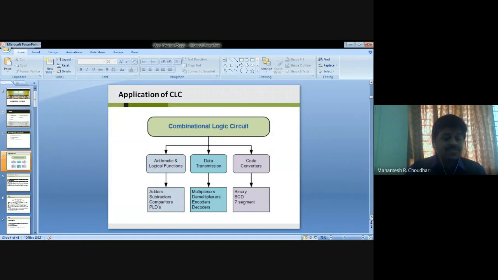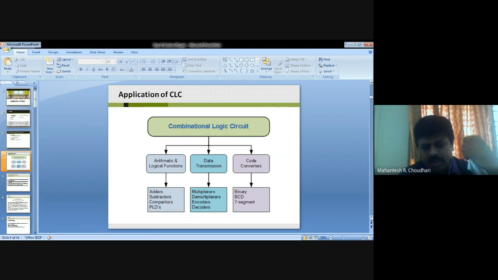Arithmetic and logical functions include adders, subtractors, comparators, and PLDs. Data transmission includes multiplexers, demultiplexers, encoders, and decoders. Code converters include binary, BCD, and 7 segment. Like that, you have combination logic circuits.